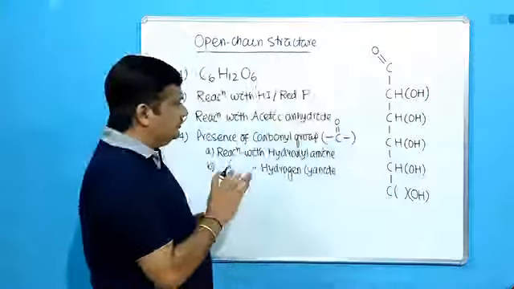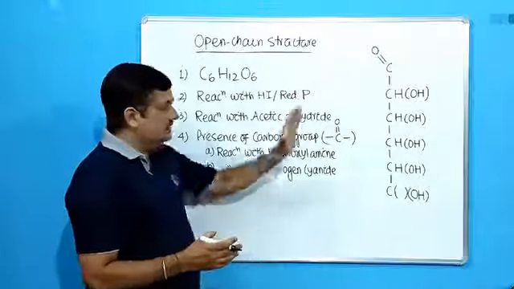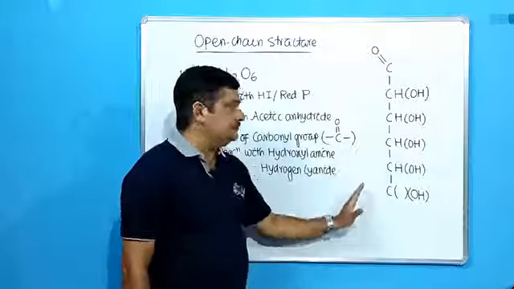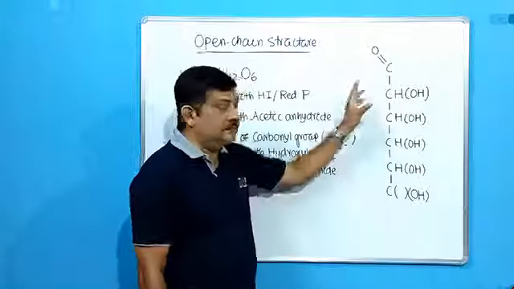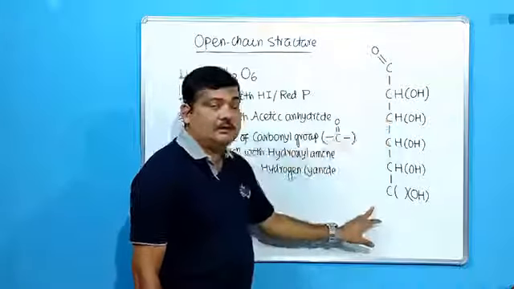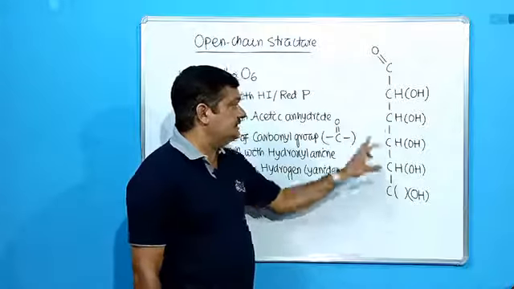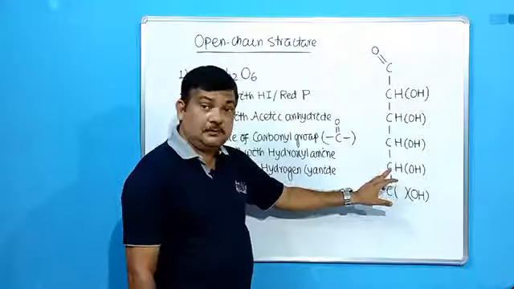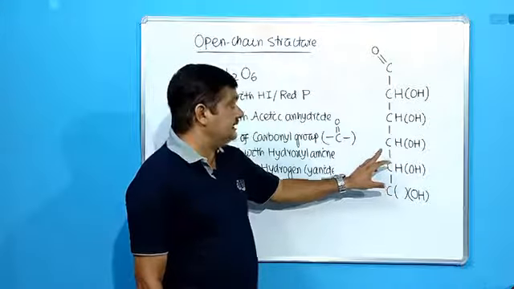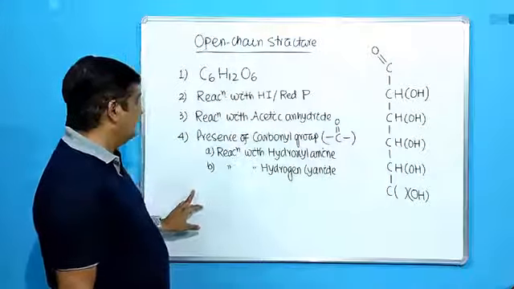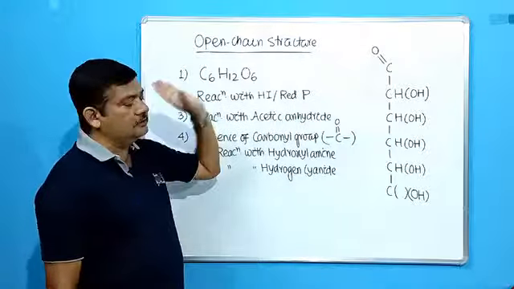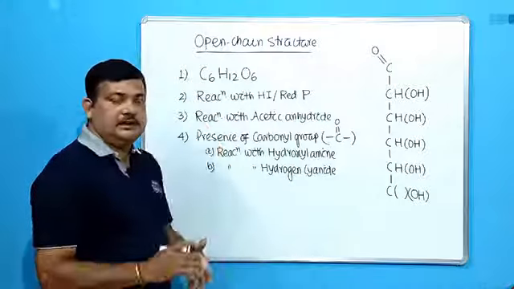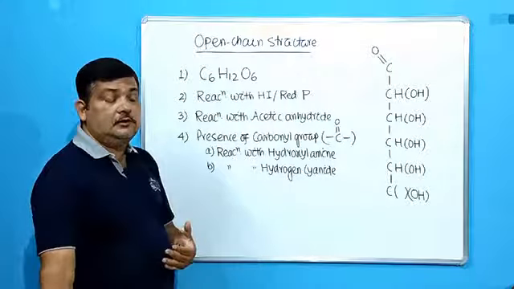Up to this we discussed in the last class. That means the structure of glucose has been elucidated like this. Step by step, see: first, 6 carbon atoms which are unbranched. Second, it contains 5 hydroxyl groups, and on each carbon atom the hydroxyl groups are present separately. Then we have justified that it contains a carbonyl group. Next we will discuss the remaining two experiments.